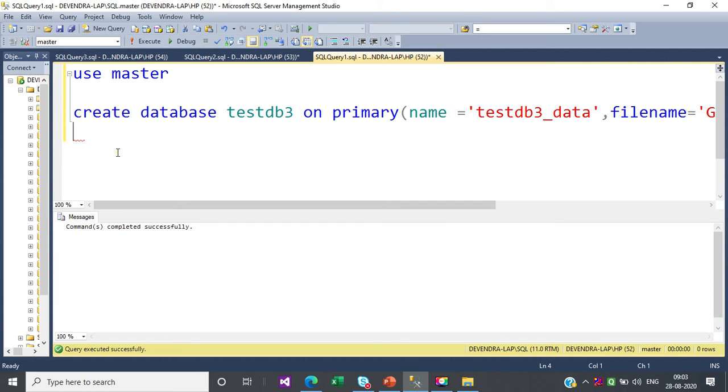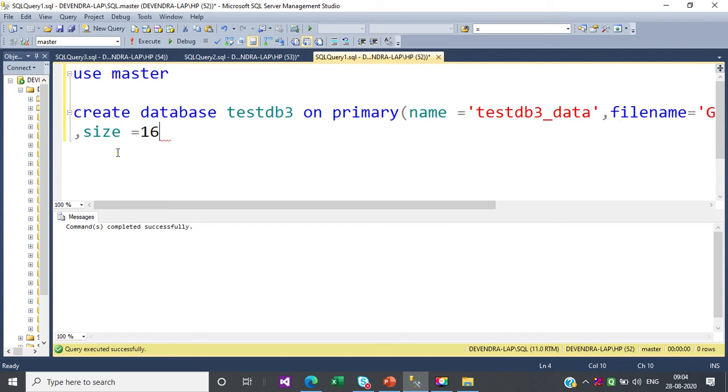Okay, now the next parameter is the size of the file. So how much size we want for this file, just comma SIZE, and we can mention the size in KB, right? So I can put the file size, let's say I want 5 MB size.